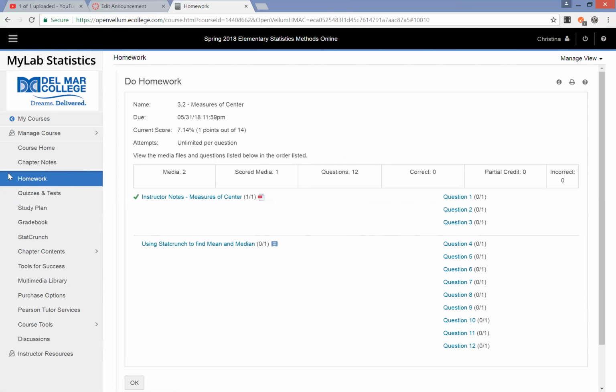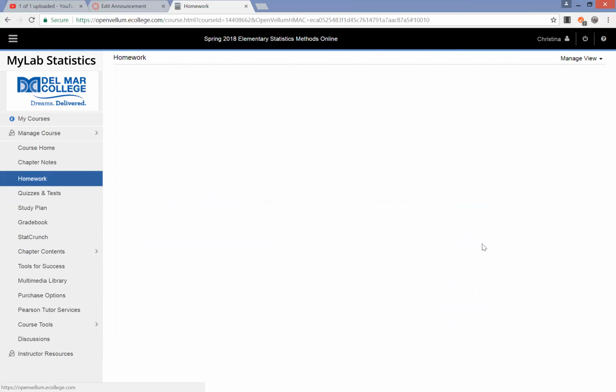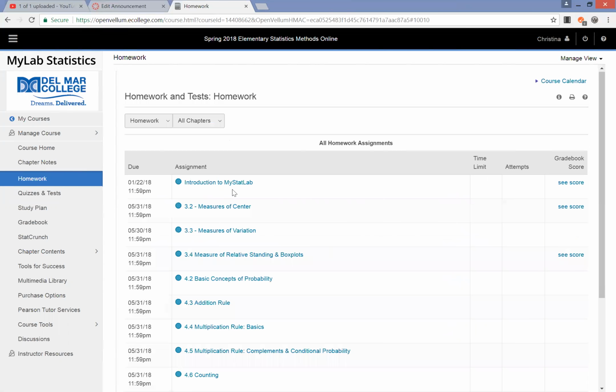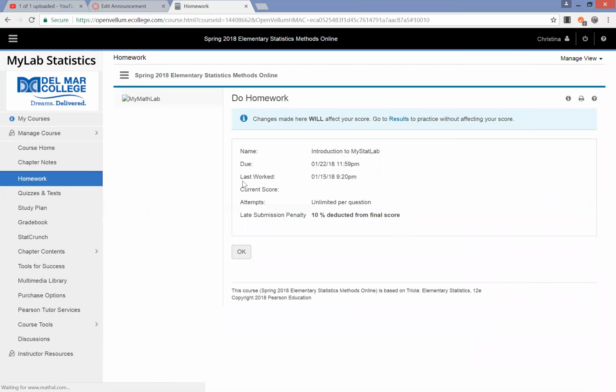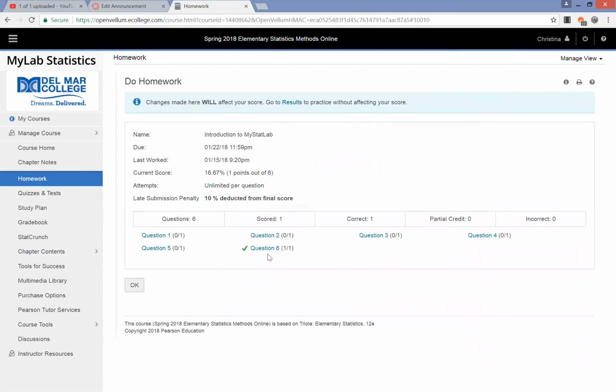And I'm going to go back to the homeworks, because the one that I want to show you is contained in this introduction to the StatLab. Okay, so I'm going to click on this one, and this is the one that you're going to do first. I did a problem to test it out, but these 6 problems are just a quick introductory to this, where you might have to read, just kind of go through some of the steps and see what it has to offer here. Okay, now the one I care about is just question number 6 though,